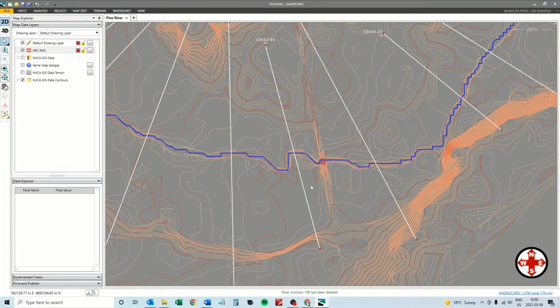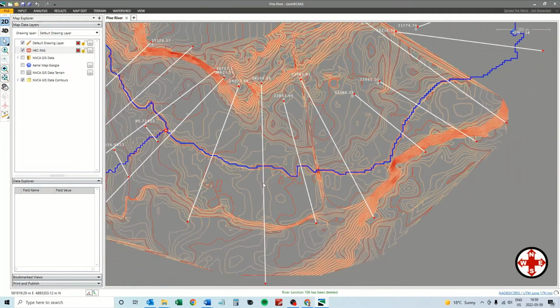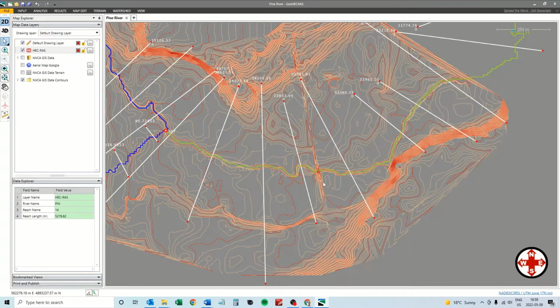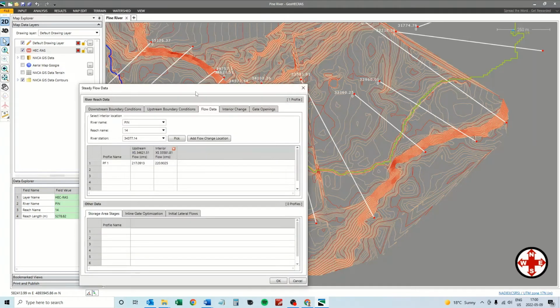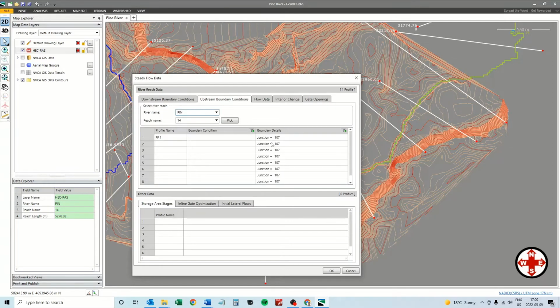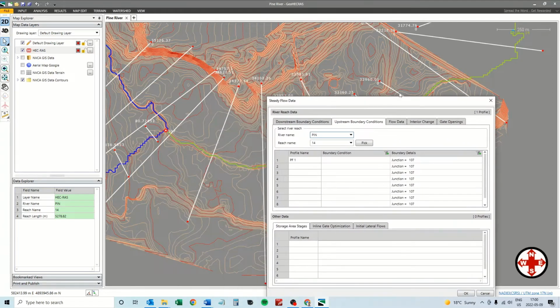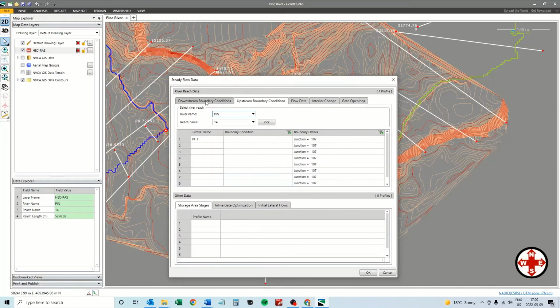Okay, so now the entire reach is a single reach. It renamed itself to 14, which was previously the upstream reach. And let's see what the boundary conditions are. So the upstream point is junction 107, which is this one here. That's correct. And the downstream is missing. Okay, so we need to